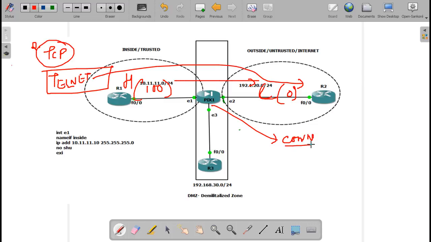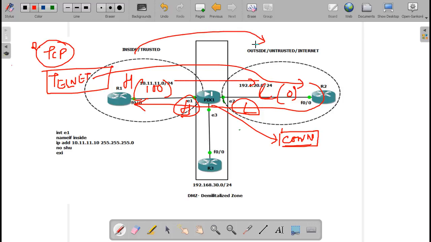We'll verify this entry, and because of it the traffic which has gone out will be able to come back in from low security to high security, because the entry in the connection table says this connection was initiated from your trusted network towards the untrusted network, so it's your own connection, please let it come in.